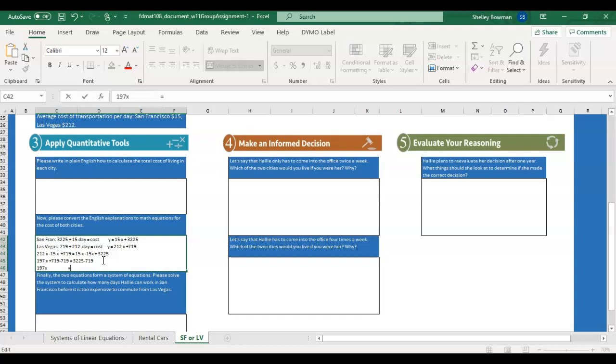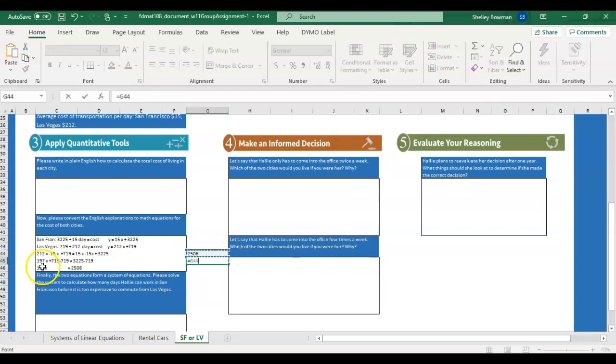3,225 minus 719. I can do that on a calculator. I can do it in Excel so that I don't make any typos. I can do 3,225 minus 719, and I get 2,506. So there we go, 2,506. All right, and since I'm in Excel and I've already calculated that, I am going to cell reference equals